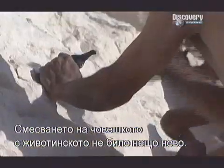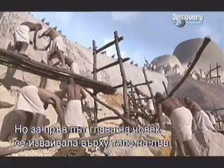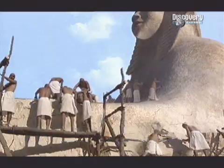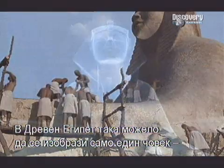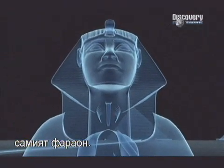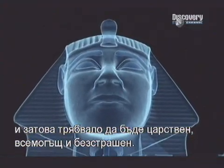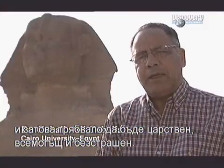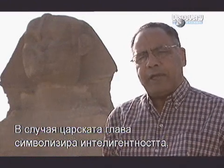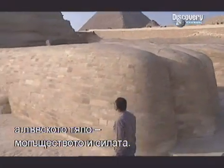In ancient Egyptian art, the idea of fusing animal with human was nothing new. But this was the first time a human head was sculpted onto a lion's body. And in ancient Egypt, there was only one person who could be portrayed in such a way, the pharaoh himself. The king being the manifestation of Egypt, he has to be virile, mighty, fearless, and powerful. So you have here the head of the king representing intelligence, but the body of a lion representing might and